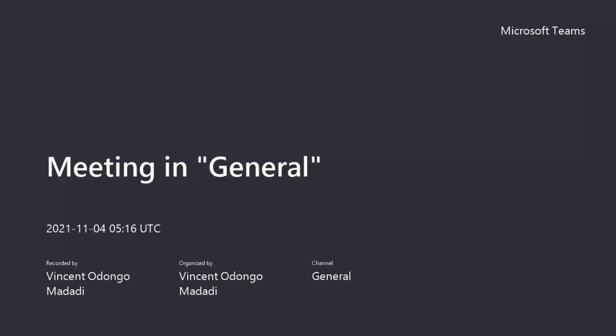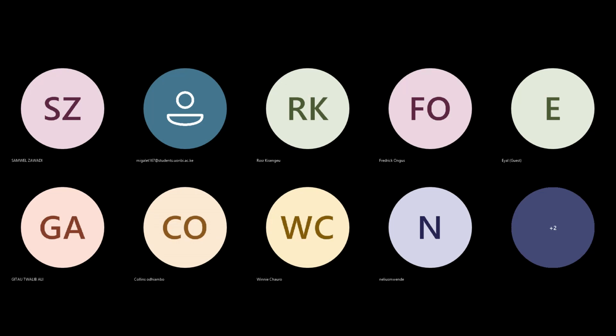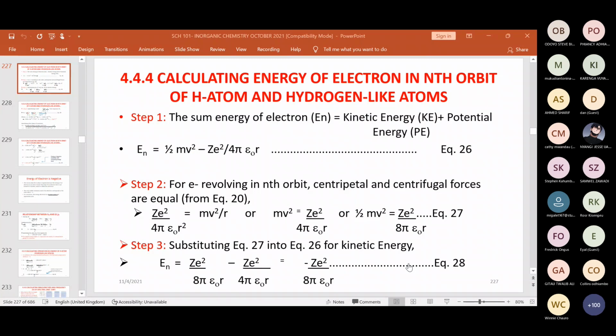So to determine the energy of an electron in a shell, we have to remember the basic concept that the energy of an electron will constitute kinetic energy and potential energy. So we start by putting in place the equation for kinetic energy and potential energy. So the total energy of an electron in any given shell will be equal to the sum of kinetic energy plus potential